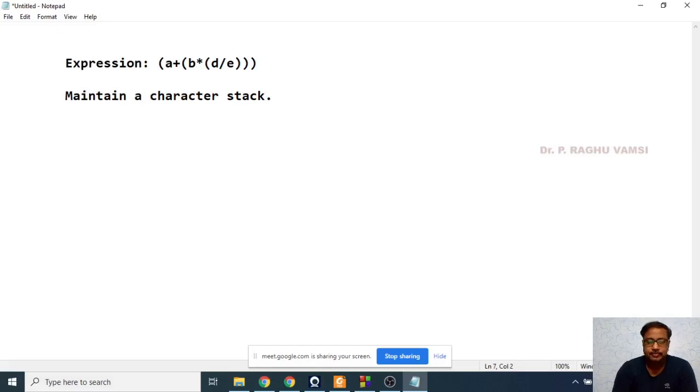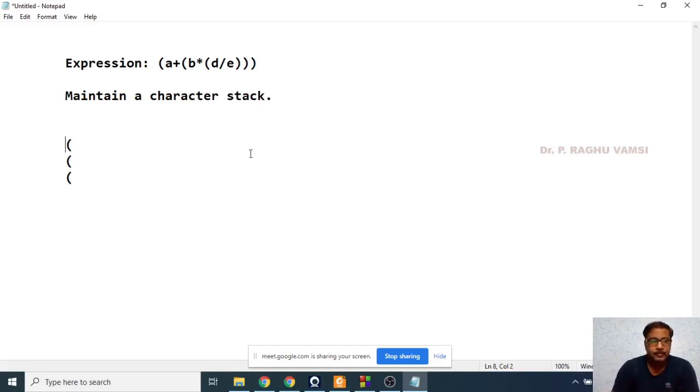open bracket, then A. If the character is A, other than these brackets, then you can skip it. And now you push this particular bracket into the stack. Now, if it is not a bracket, then the character can be skipped. Now you have got the open bracket. Next, read the next character B. Now you have got the B, so it can be skipped. Next star, it can be skipped. Now you got the open bracket.